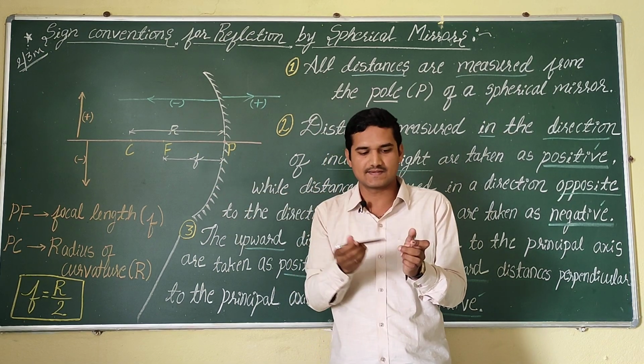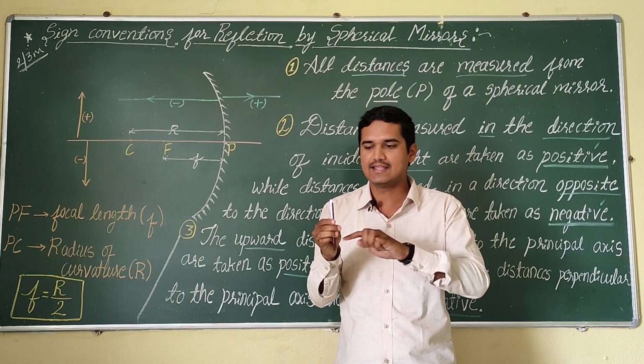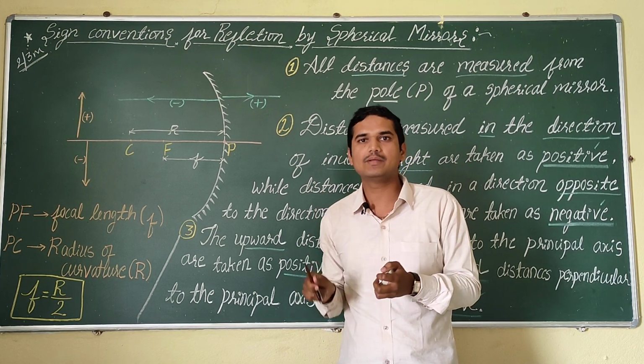And the upward distances, above the principal axis, that height should be taken as positive, and below the principal axis,